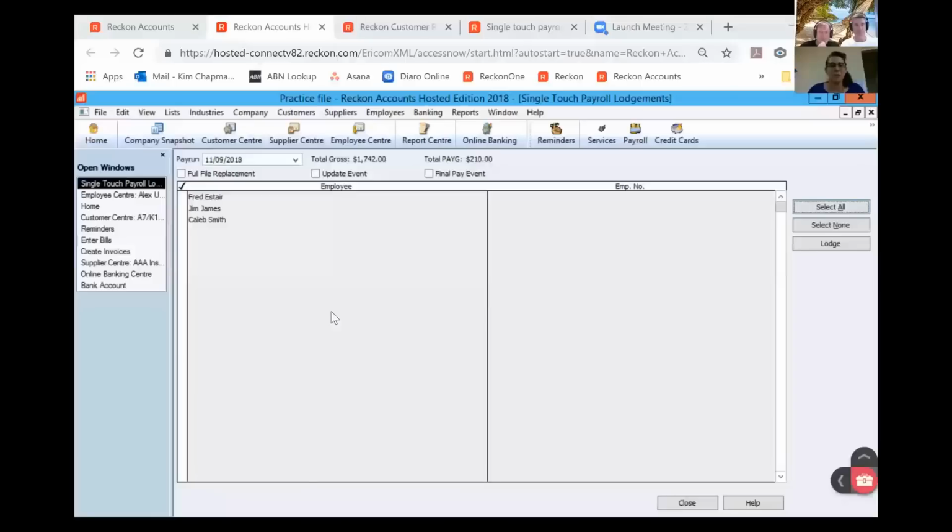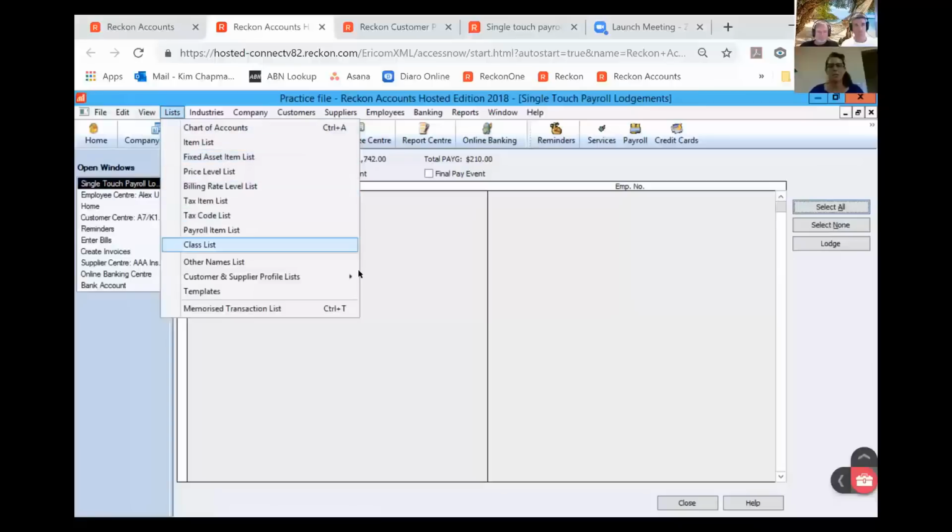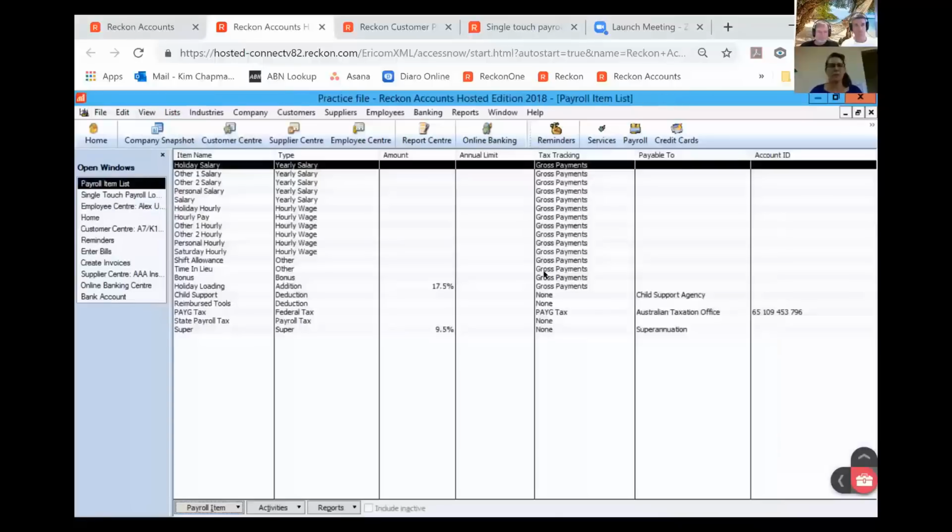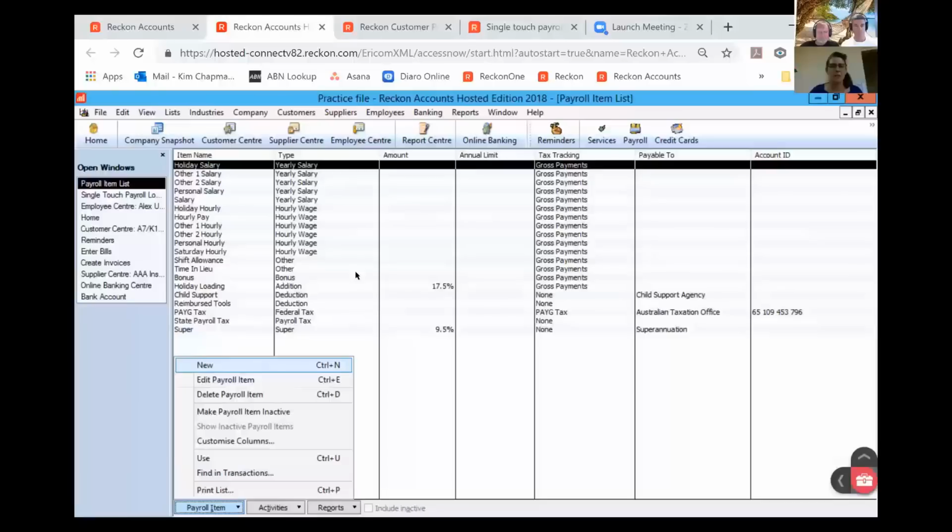Yes. One final thing I thought I'd better share with you is the payroll setup in Reckon Accounts and also in Reckon One as well. So if we go to lists, payroll item list, we just have to obviously set up gross payments for all of your hourly pays. And if you have anything like child support, that would not be linked, so that would not get reported using single touch payroll. If you have an allowance, as you're setting up the allowance,